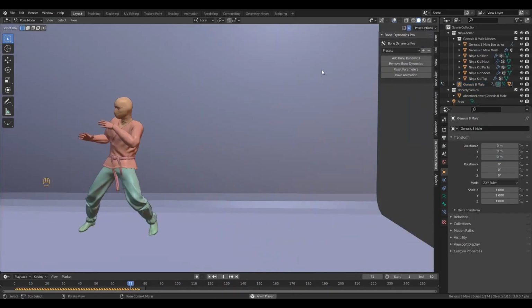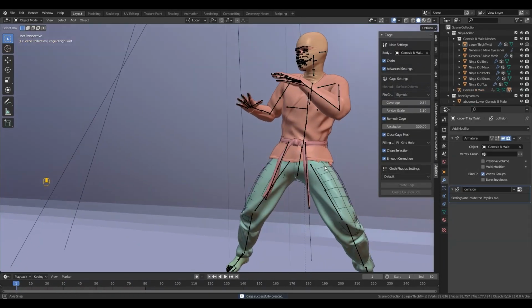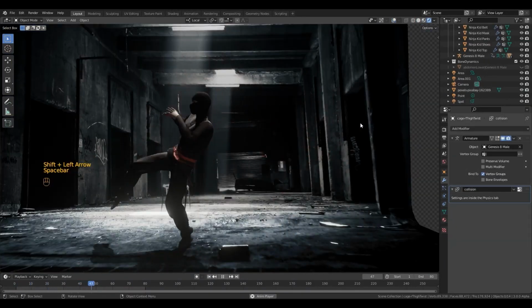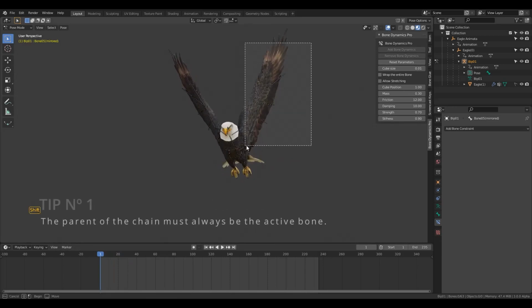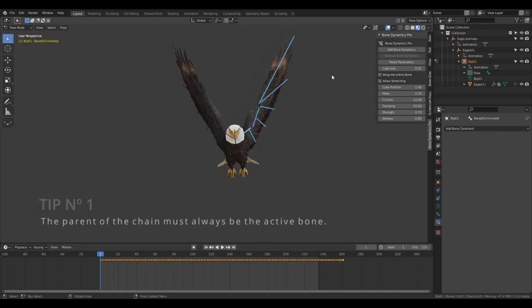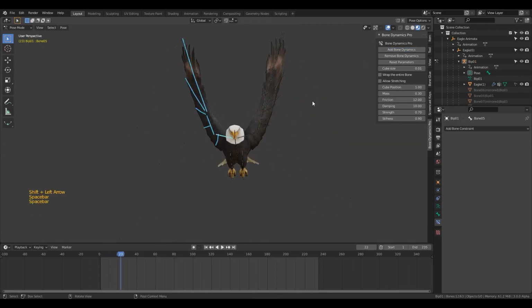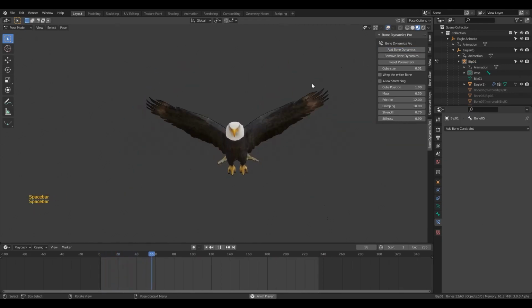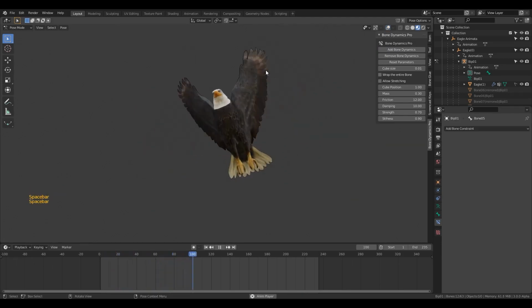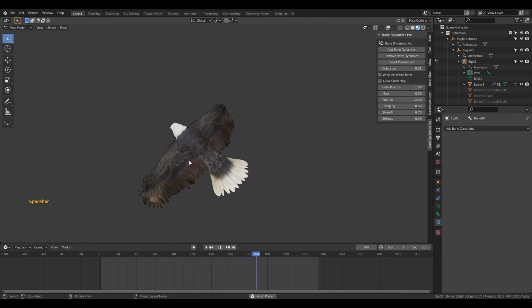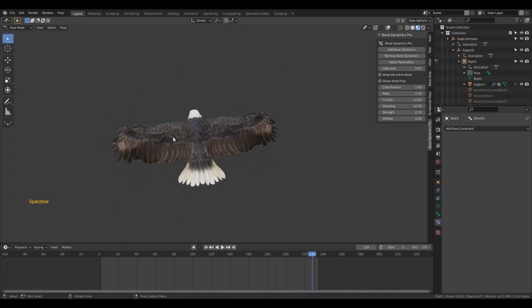we're gonna add physics to. And the more bones you add, the more realistic and physically accurate the results will be. The good thing is that there is an option for weight painting for each bone manually, and then you can fine-tune it using the gradient tool in weight paint mode. By starting the animation, you can tweak the bone dynamic settings in real time, and at the same time, you can check whether you did a good job in the weight painting department. If there is some clipping in the animation, you can pause it at any frame and adjust the weights until you are happy with the